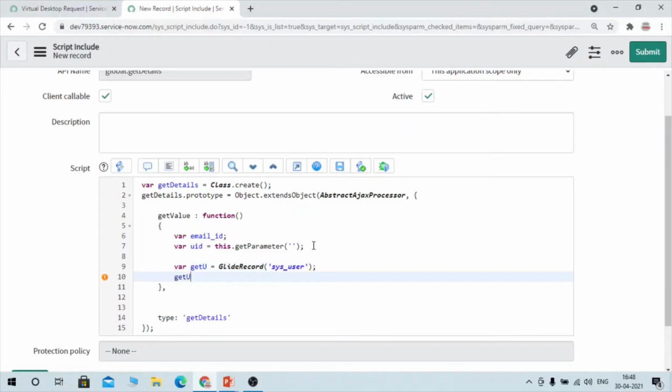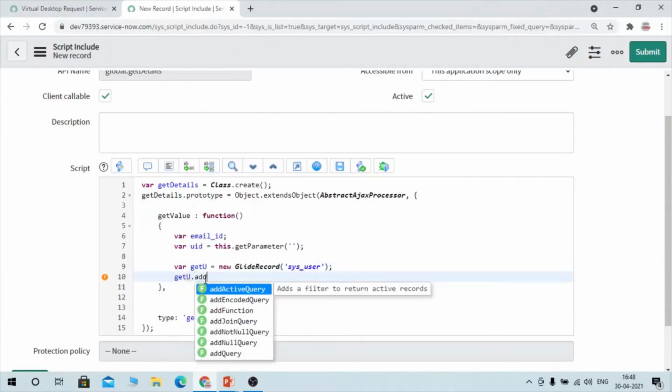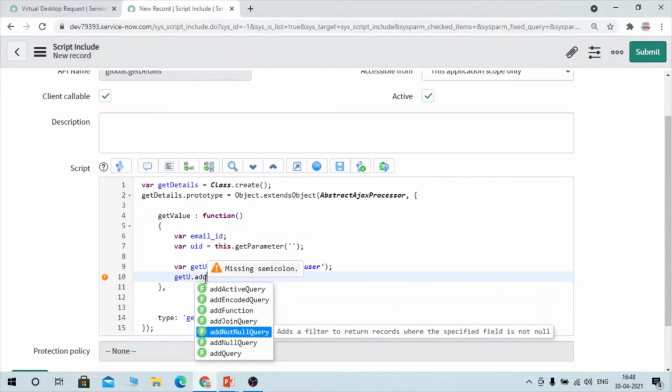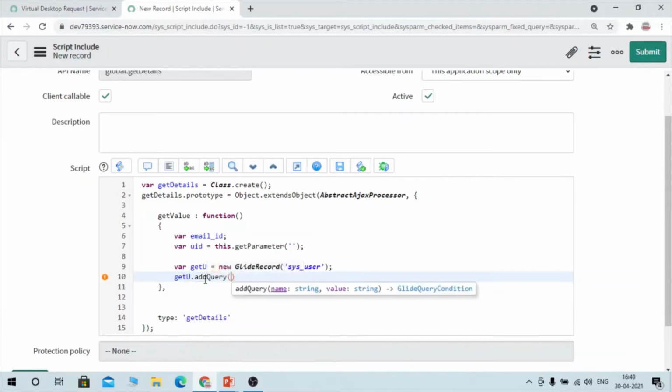And now, sorry, I always forget to provide new here. Now what I have to do is use add query so I can filter my exact data which I want. So I am using sysid to filter the data, and I have to filter the records on this sysid.